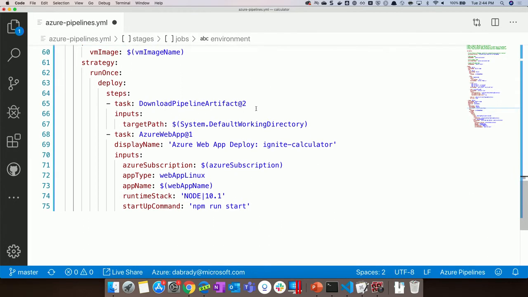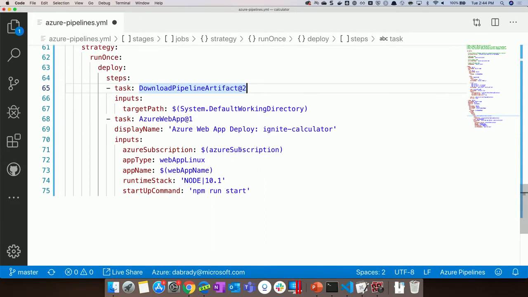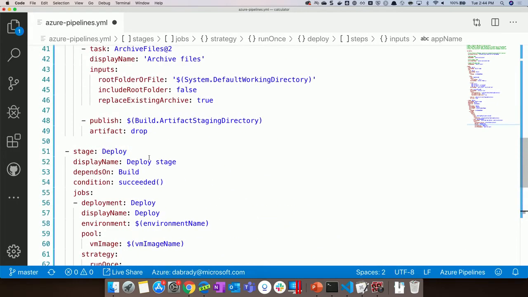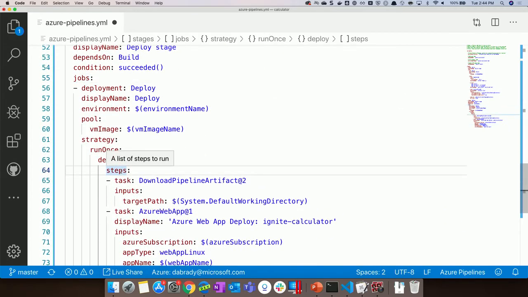And we're doing things like downloading that pipeline artifact, and then we're deploying an Azure web app to the variables there, the Azure subscription and so on. One thing I want to point out as well is we've got stage, then jobs, then steps down here. We didn't have that before. We just had steps. The jobs and the stages still existed. It's just if you only have one of each, we don't make you specify. So you can just do the steps if you've only got one set of steps. Or you can just do the jobs if you have one set of jobs but only one stage, or multiple sets of jobs and only one stage.